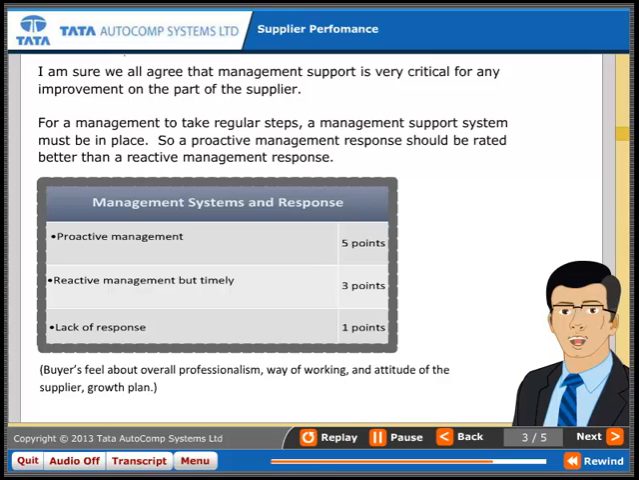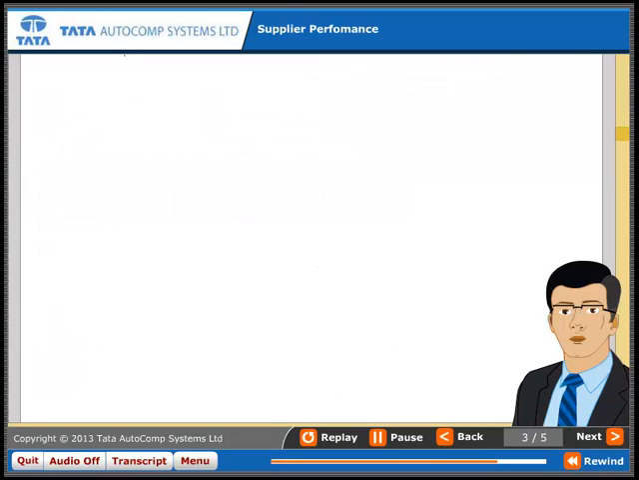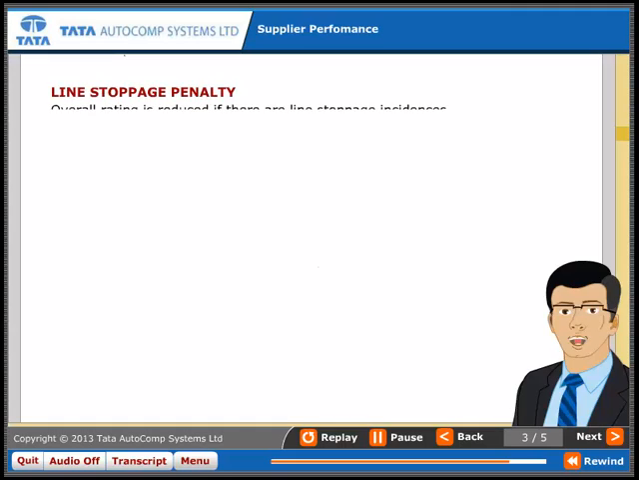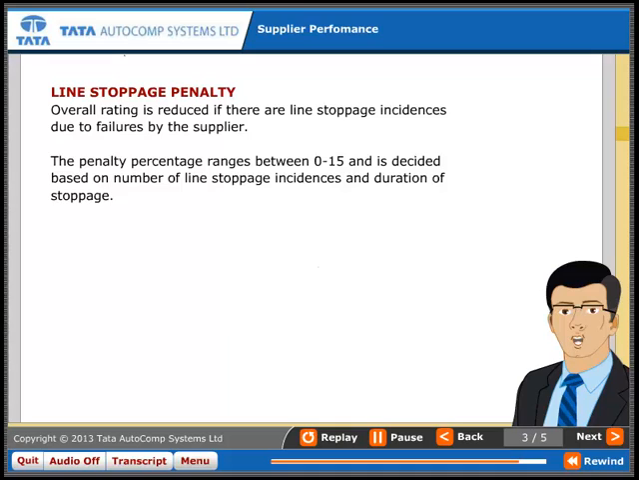Buyers feel about overall professionalism, way of working, and attitude of the supplier growth plan. And finally, if there is any line stoppage by the supplier, a negative score is added to his score, so that rating reflects heavily on the supplier's performance. Line stoppage penalty: the overall rating is reduced if there are line stoppage incidences due to failures by the supplier. The penalty percentage ranges between 0 to 15 and is decided based on the number of line stoppage incidences and